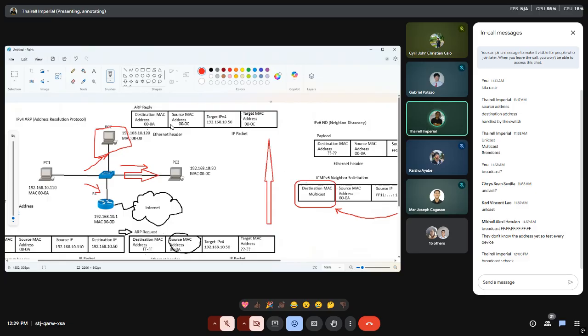PC number 2 will not entirely de-encapsulate the data. Okay? Mind you, when ARP for IPv4 handles the received packet request, the entire packet will be de-encapsulated and processed. And in which, that will take time. It will also utilize resources.